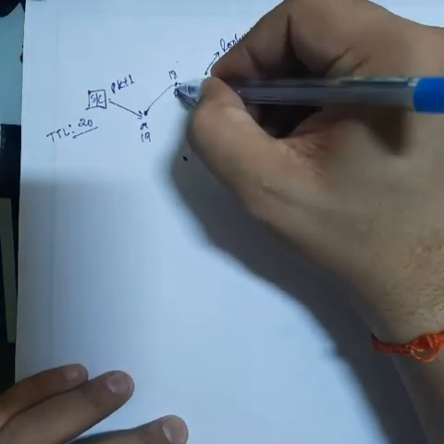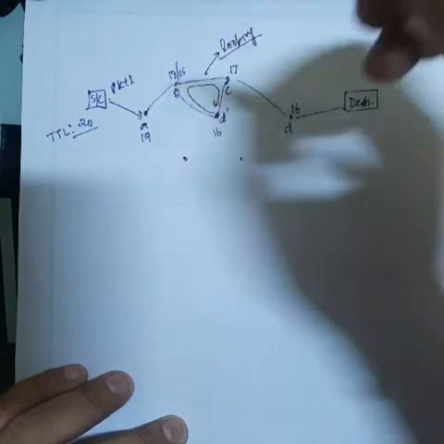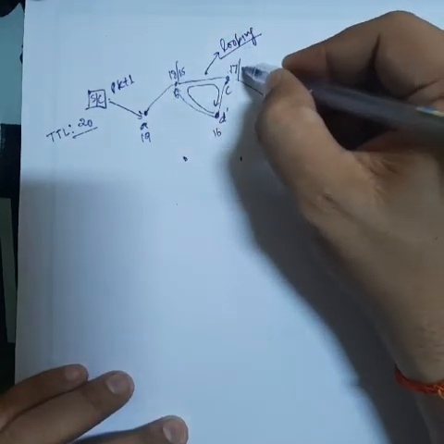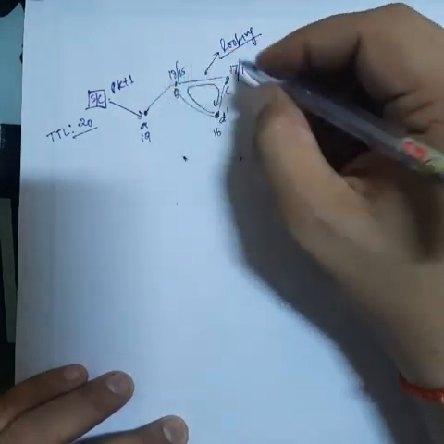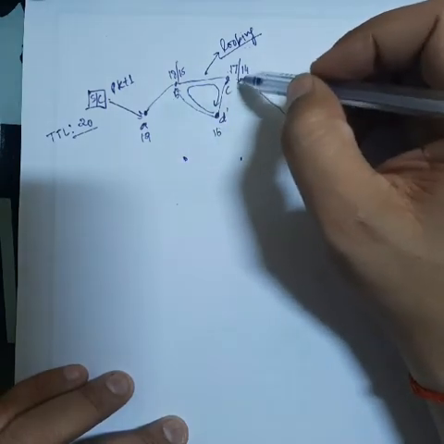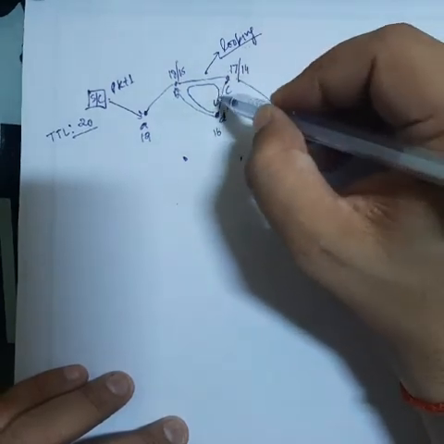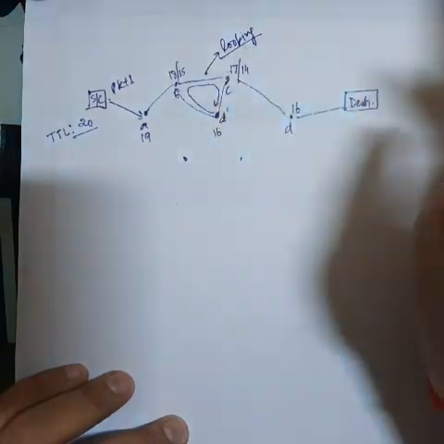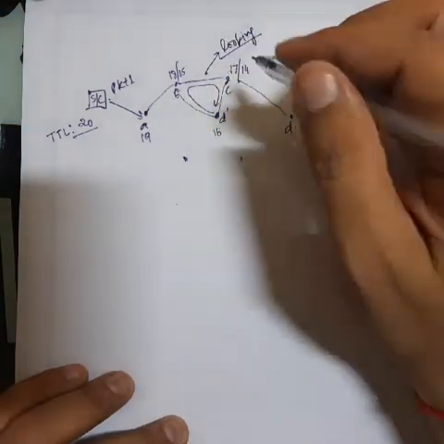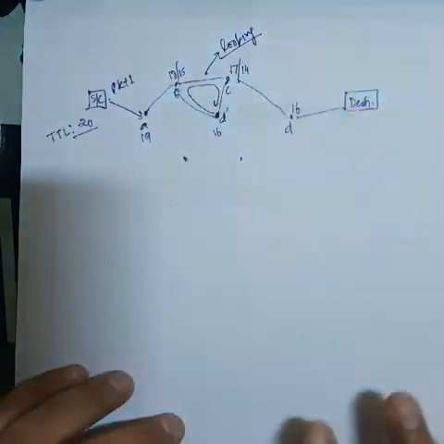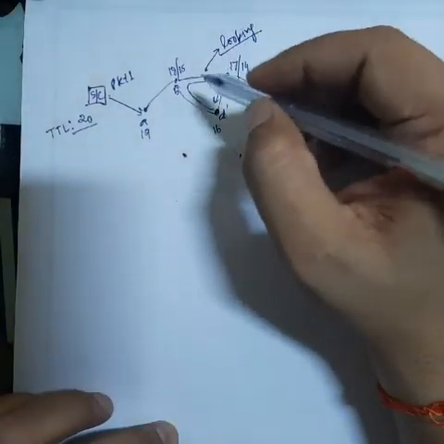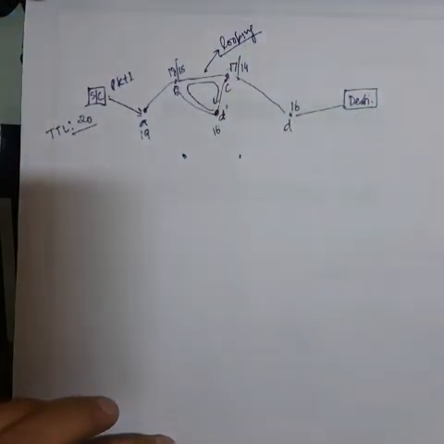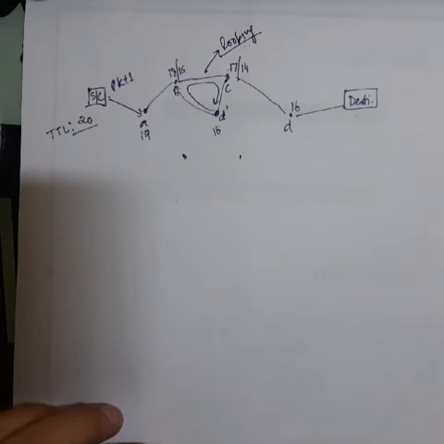Now again at B it will be changed to 15, and if at C it will be changed to 14, and so on. Whenever this value reaches 0, the packet is discarded by that particular node itself. In this way the looping problem can be avoided, because looping is a worse problem in the network,